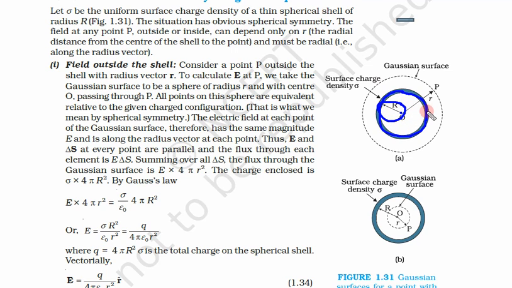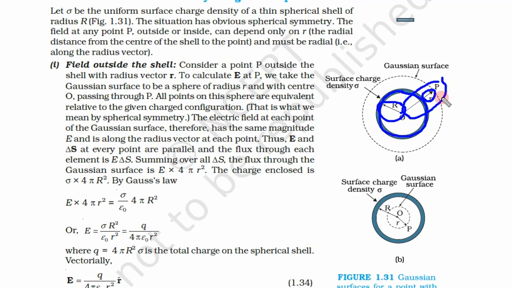Again remember, this is in 3D. This is a sphere, hence it is in 3D. Here we see it as a ring because we work in 2D, but it is in 3D. It is a spherical shell, so you can consider it as a hollow ball. And point P is there, r distance away from it.